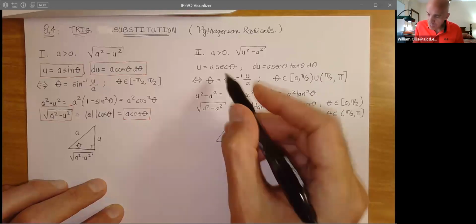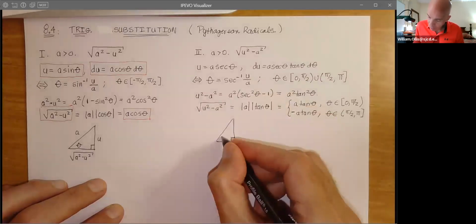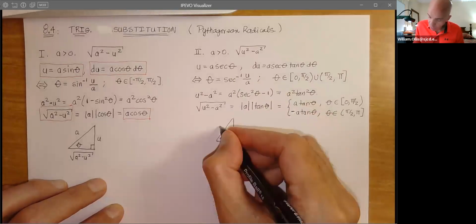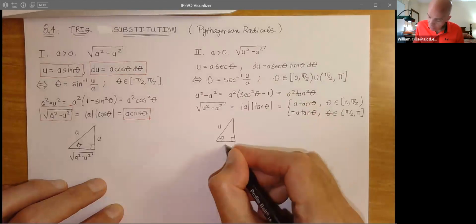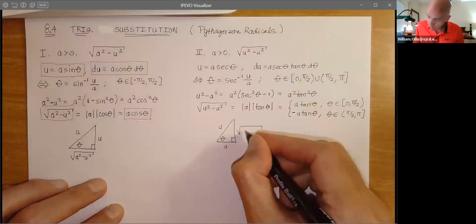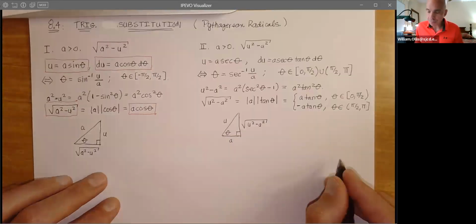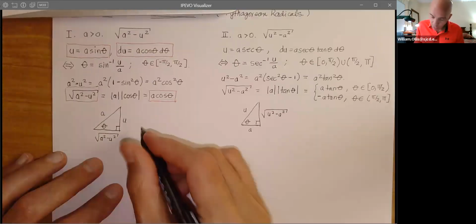So now we have secant theta is u over a. So that would be hypotenuse over adjacent. So we have u over a, and then, of course, the square root of u squared minus a squared. And of course, whatever u and a are, we fill those in. Now, the very last one